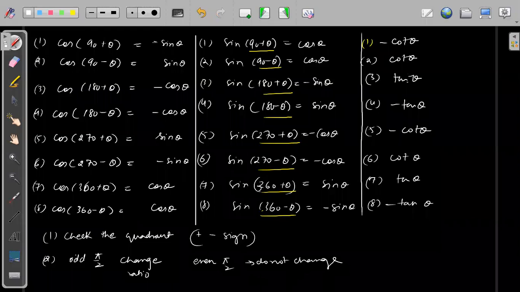How can I tell you what I will ask in the paper? So whatever is given in the book, you have to do everything. How can I tell which question will come in the paper? I might ask, I might not ask. Understood?